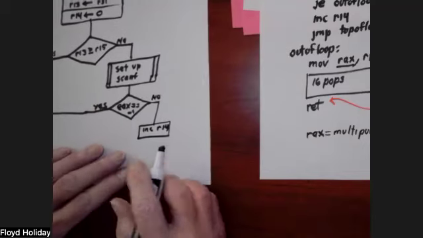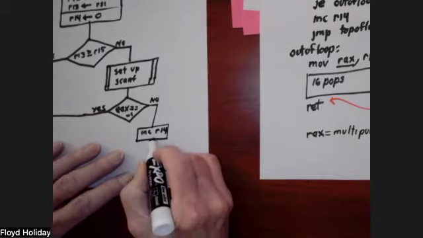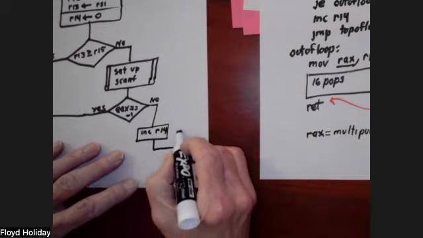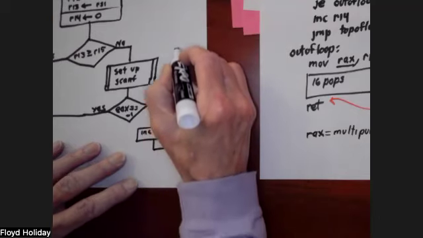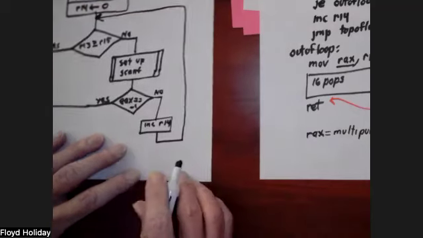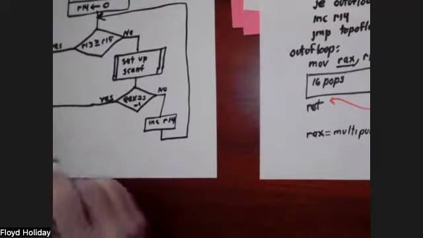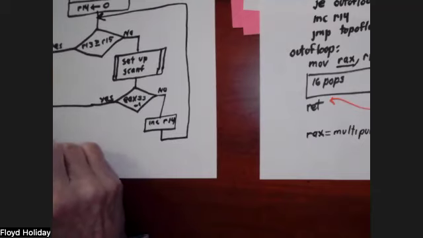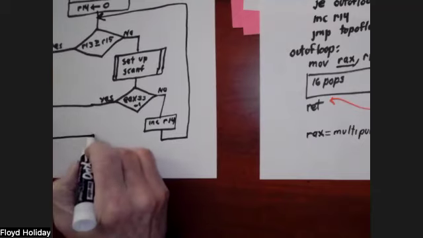And after which, everything is still good. Execution flows to here. Then this one flows to